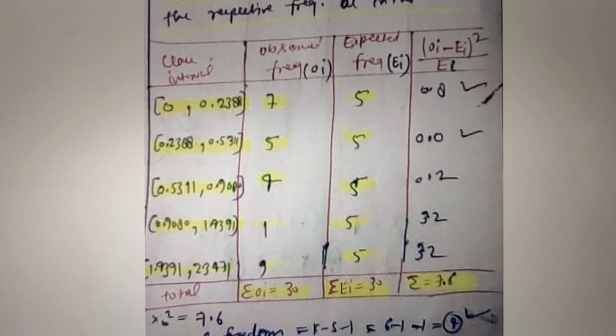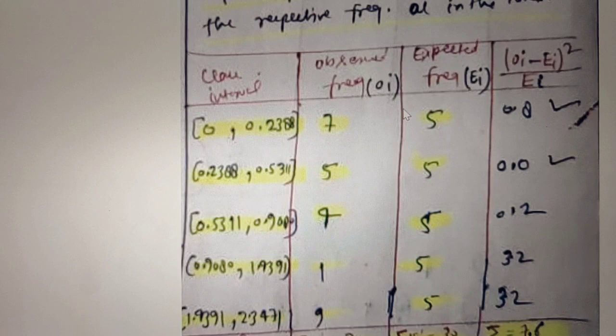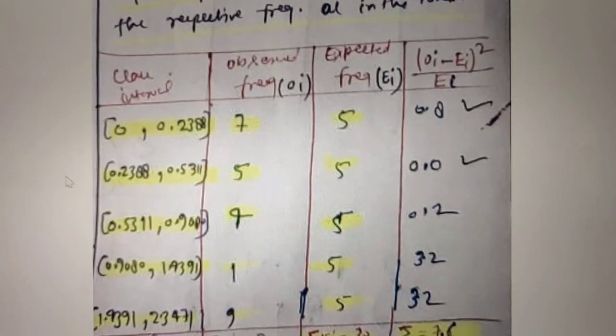If we see here, I have defined the class interval, that is 0 to 0.2388. This 0.2388 is the value of A1, and for the second interval it is A1 comma A2, then A2 comma A3, then A3 comma A4, and then A4 comma A5. This is how I have defined the intervals, and now we have to observe how many records lie